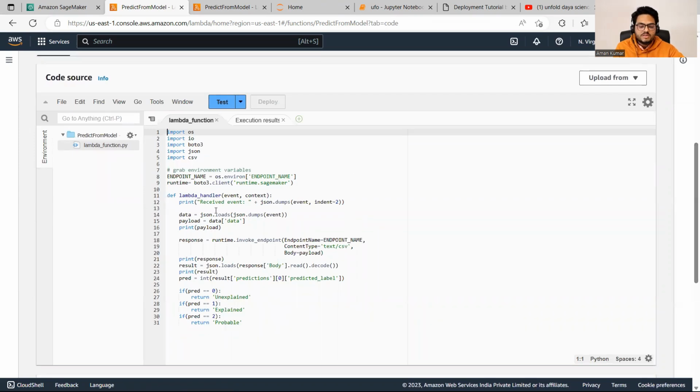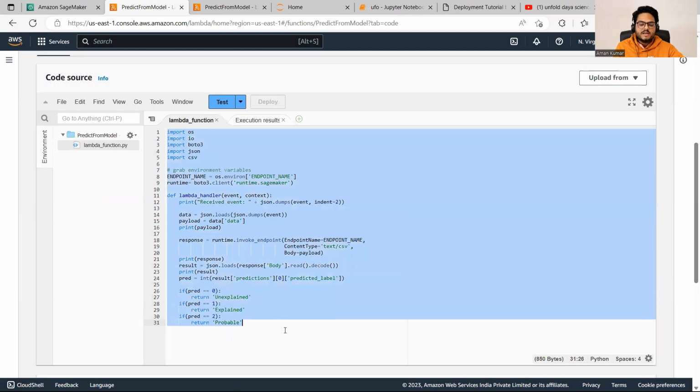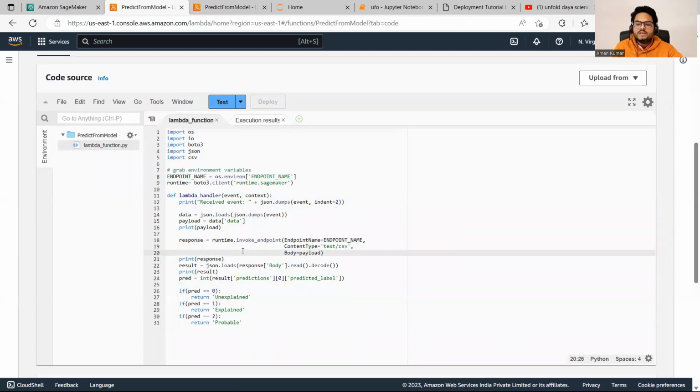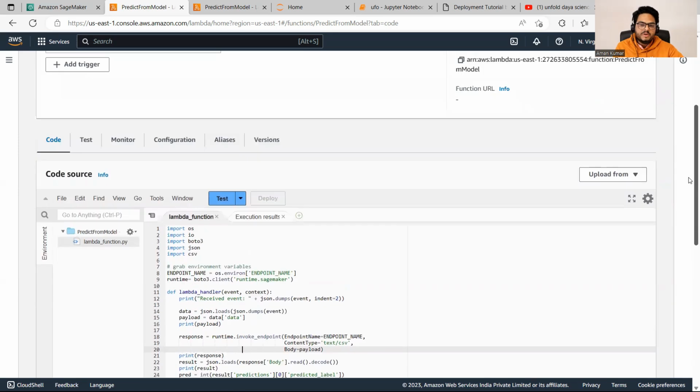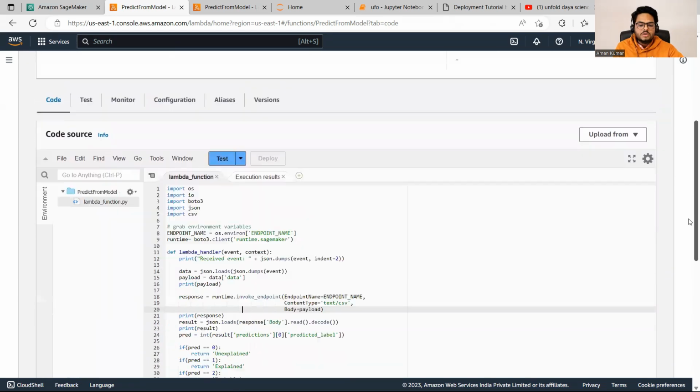If you're not understanding the syntax of this, don't worry. If you watch the Lambda tutorial, you'll be able to understand easily. There is nothing fancy happening here. Just one input is coming and that model is getting called. But how that input is coming, I'm going to create an API for that. So you have to come to